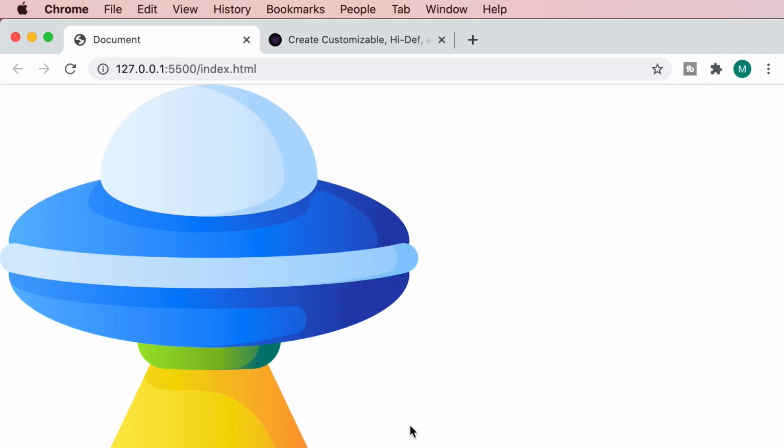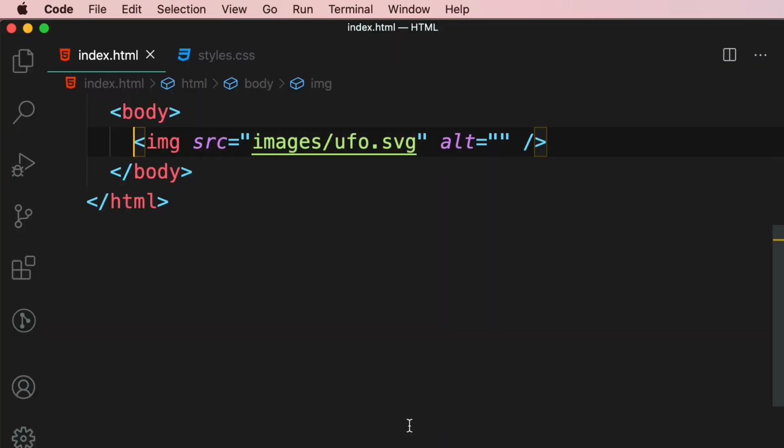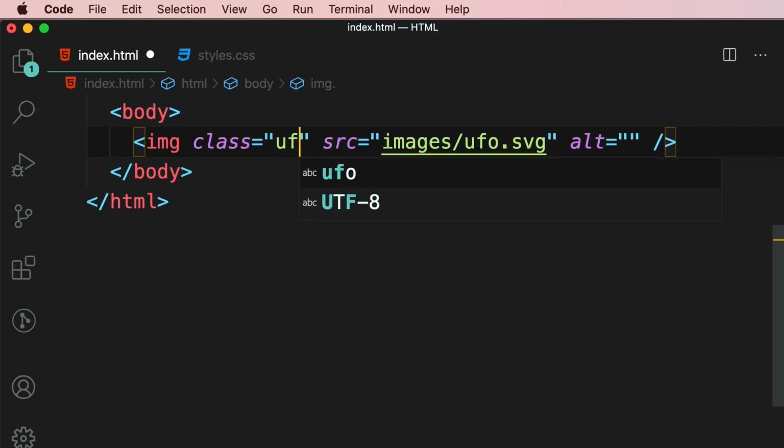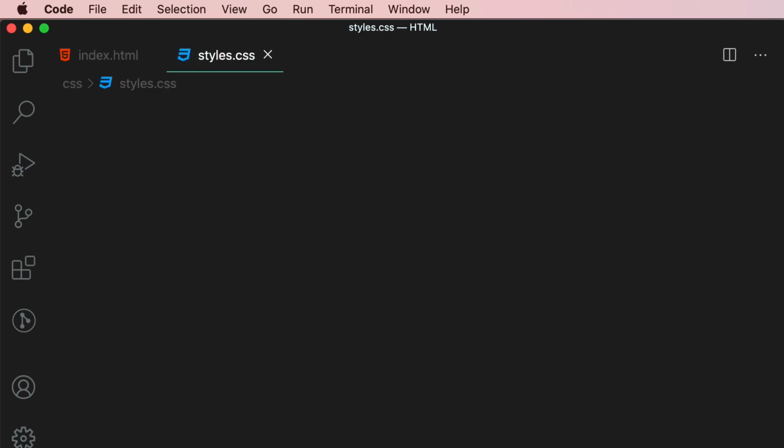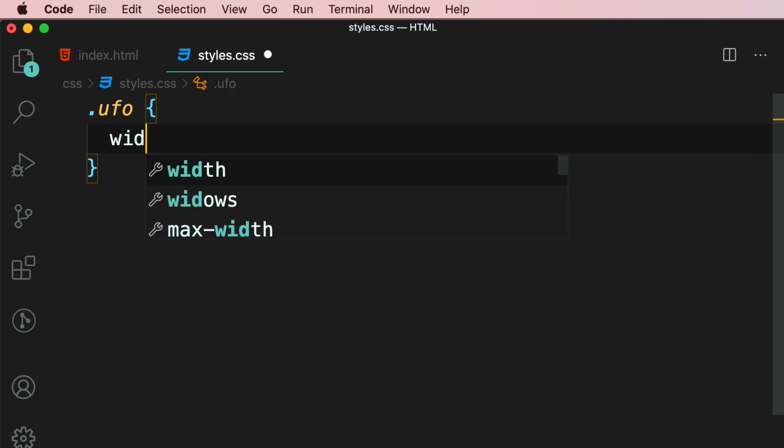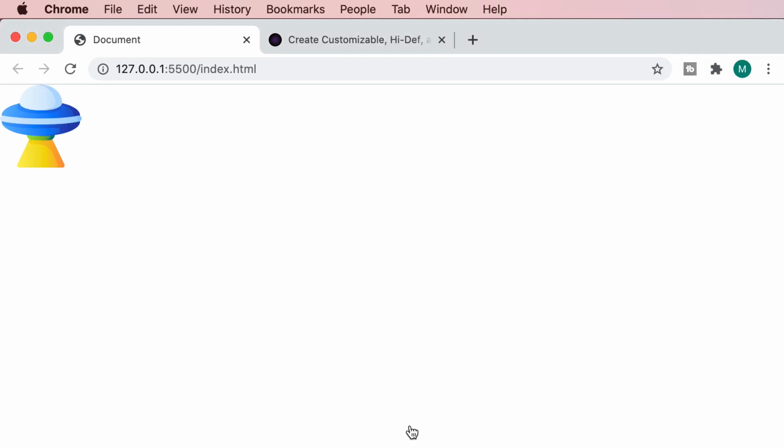And we can always resize this, so we can apply a class here, like UFO, and then in our style sheet, we can set the width to 100 pixels. Pretty easy. So quite often we use SVG files for logos, icons, and simple graphics. Another application is in backgrounds. So if you go to